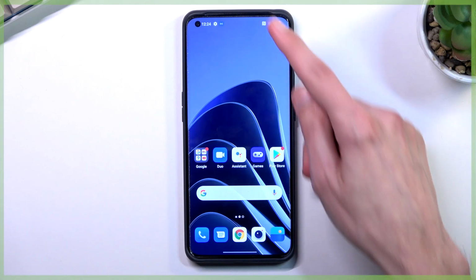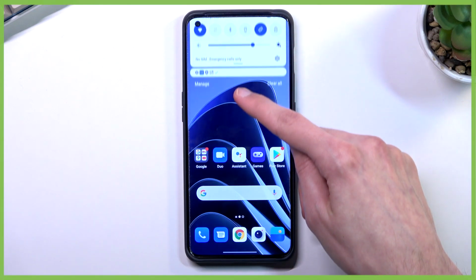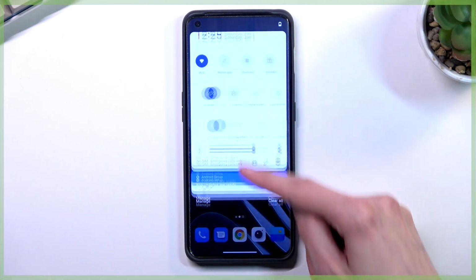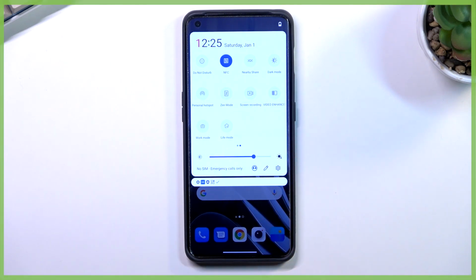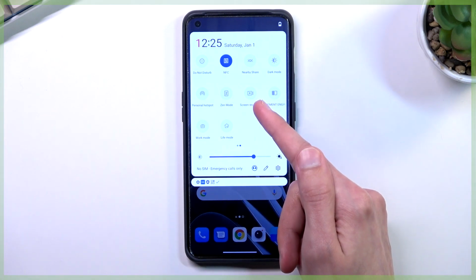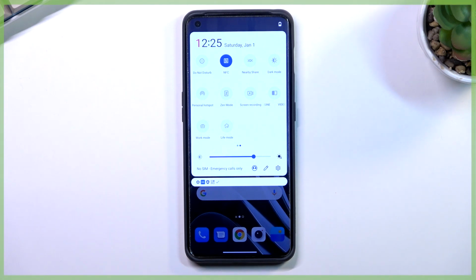So to get started, let's pull down our notifications from the middle, expand it, and look for the screen recording toggle, assuming it is added by default, and it is. As you can see, it's right over here. Now this is the default orientation of the toggles, so hopefully you can find this toggle in the same place